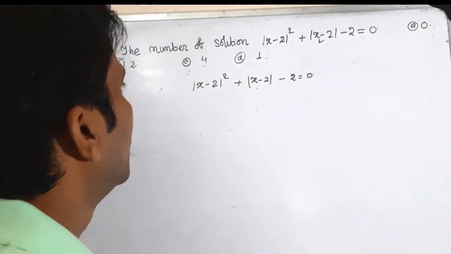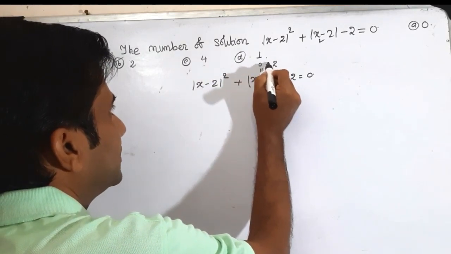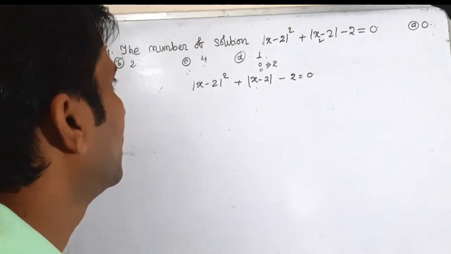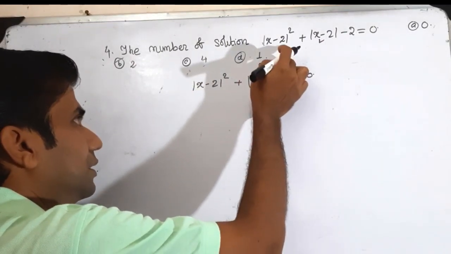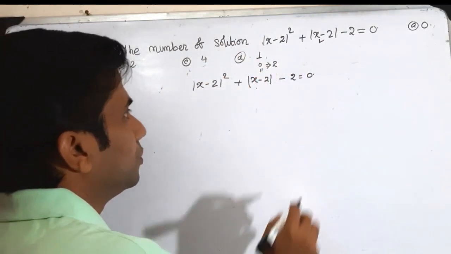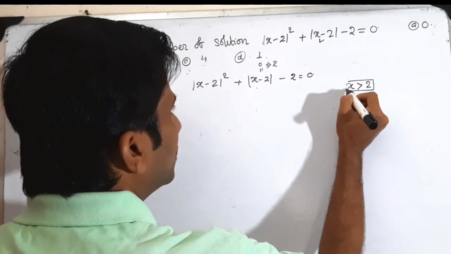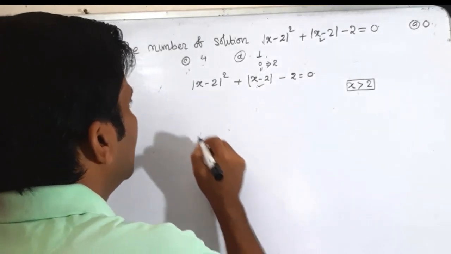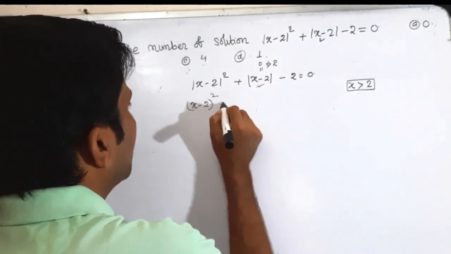Now mod of x minus 2 will become 0 at x is equal to 2. Now if x greater than 2, then this value is positive, that is x minus 2 the whole square plus